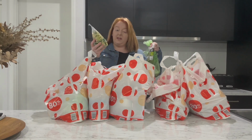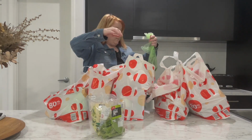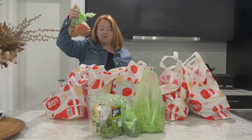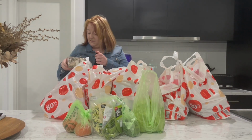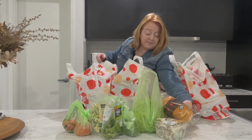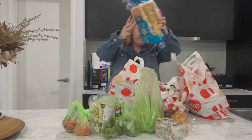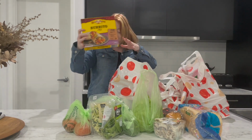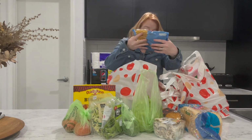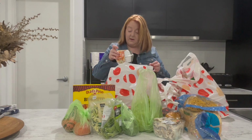Okay, so we have some zucchini noodles, some snow peas, a green capsicum, a lettuce, some tomatoes, mushrooms, some brioche buns, a loaf of bread, a burrito kit, some spiral pasta, some jasmine rice, basmati rice,